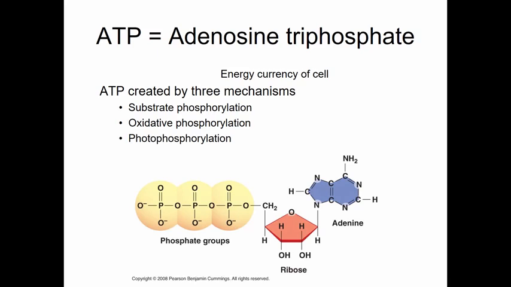ATP is adenosine triphosphate. ADP is adenosine diphosphate. If you break off one of these phosphate groups and you're left with 2, it's then called a diphosphate. When you break off that phosphate, you have energy here that then gets funneled into something else. You can break off another phosphate. Suddenly it's got 1. Now it's known as adenosine monophosphate, or AMP. This molecule goes back and forth between AMP, ADP, ATP. When we've got ATP, we've built up all of the stored energy that this one molecule can have.